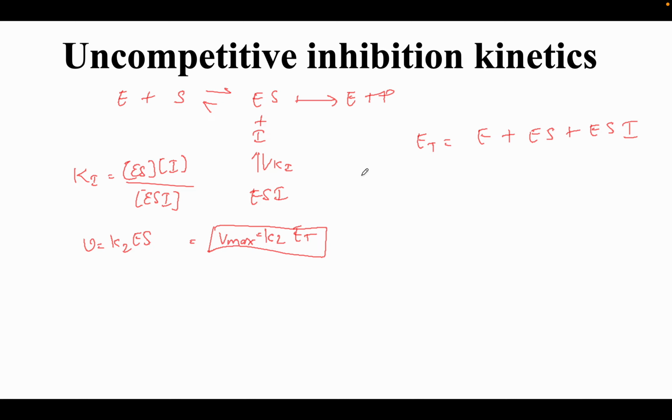So if we take V by ET, if we take the ratio of this, we'll have K2ES upon ET, which is E plus ES plus ESI. If we bring K2 here, we'll have V0 upon Vmax again, and we can substitute ES as substrate upon Km